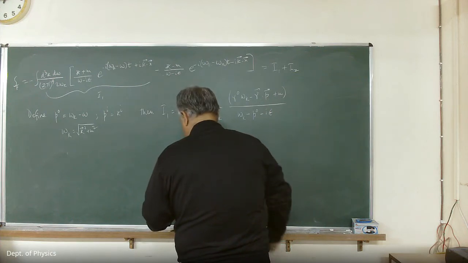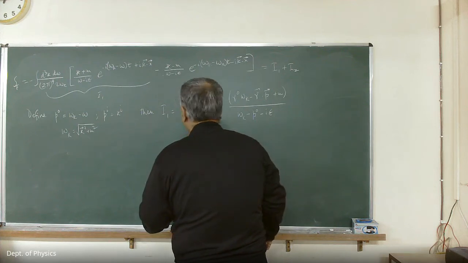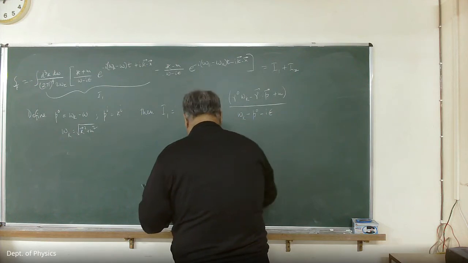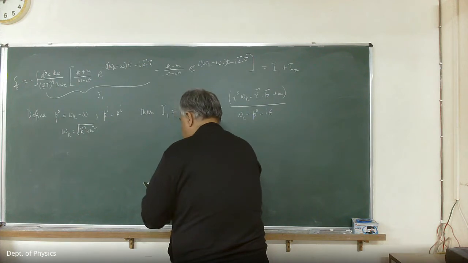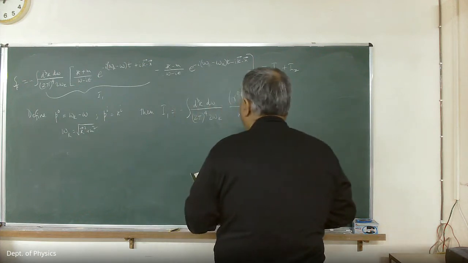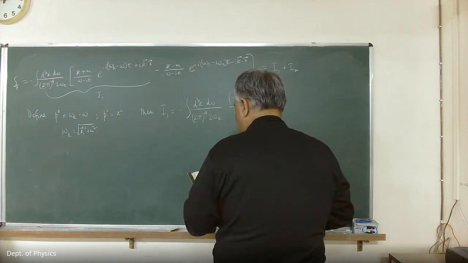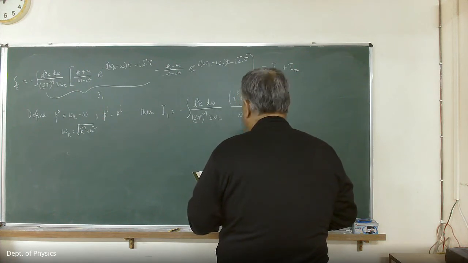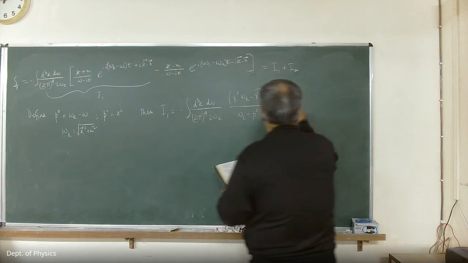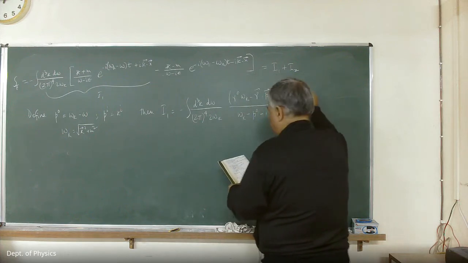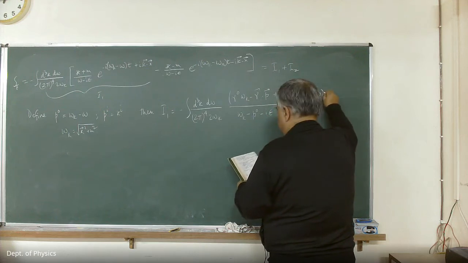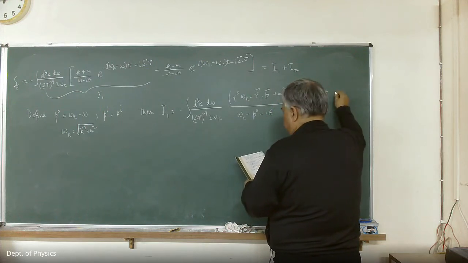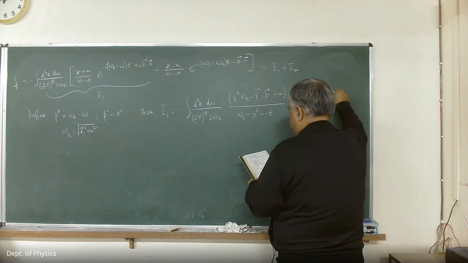The exponential term, d3k d omega, cancellation, also e to the power minus i omega k minus omega t plus i